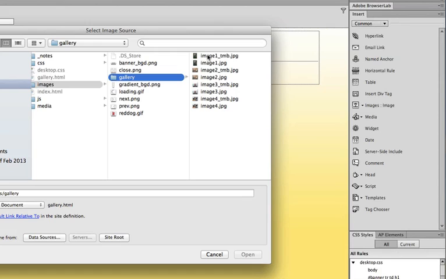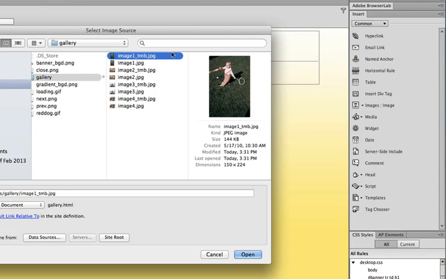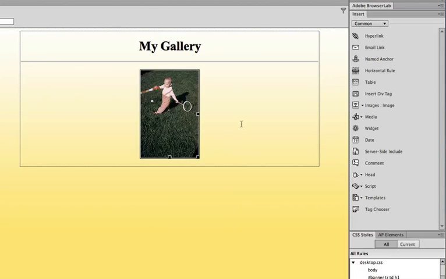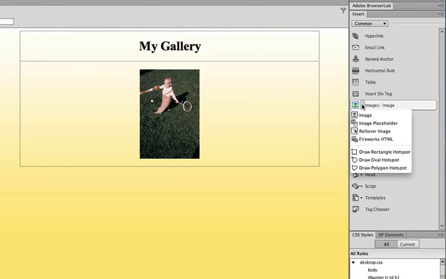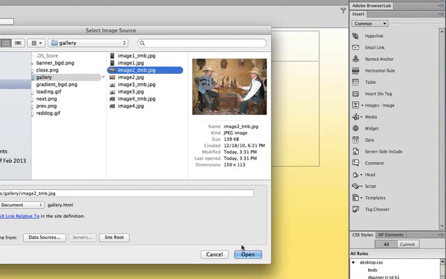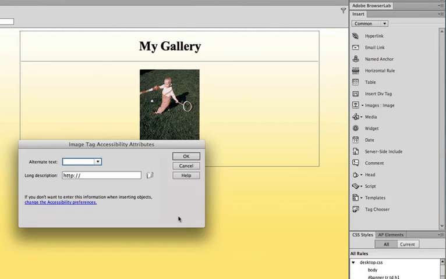And I don't want to insert the full image, I'm going to insert the thumbnails. So I click on image 1 thumb, and click open. Alternate text, I can just put thumb 1 and click OK. And then next to that, click next to it and go to the next image. So I'm going to go to image 2 thumb, click open,